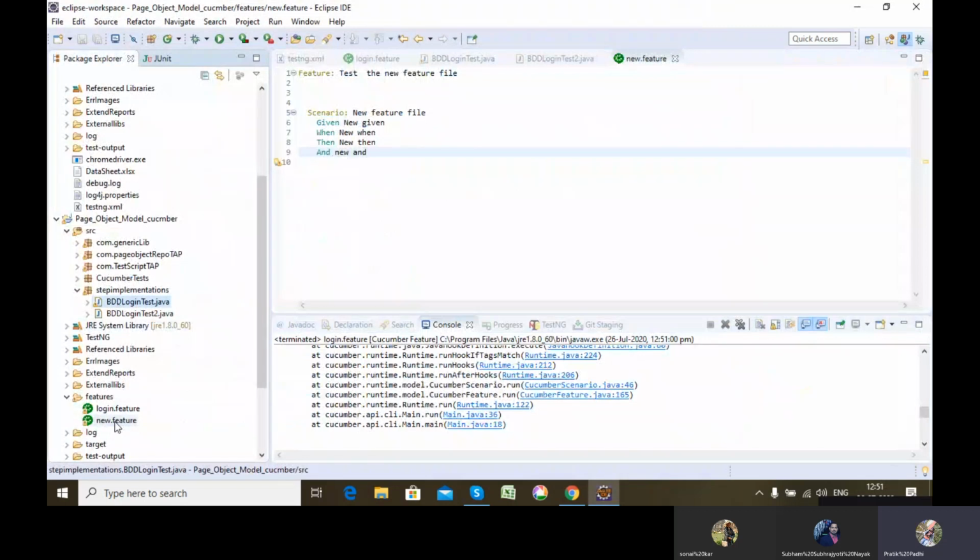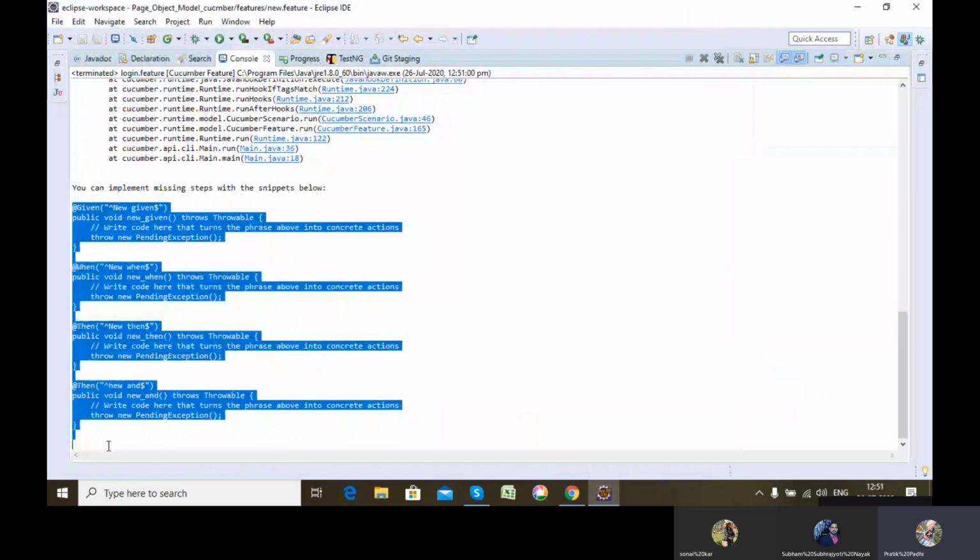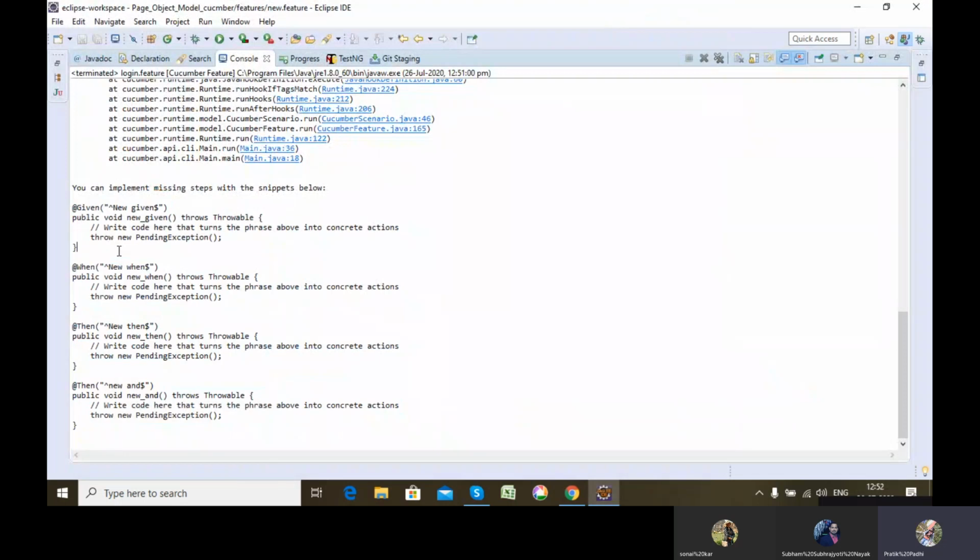So once I run this new dot feature, you can see it will tell me, you can implement the missing step with the snippet below. See, it has given me the skeleton in which I can define my code. See how easy it is. Even though you don't define it, it will give you the skeleton. You just give the inside body of these methods.